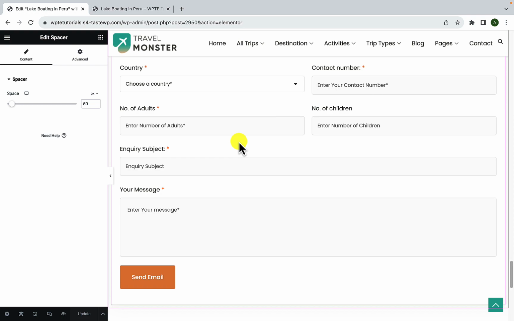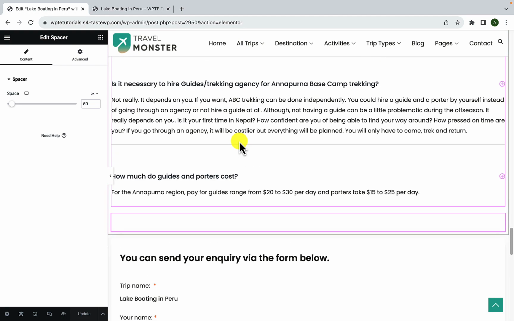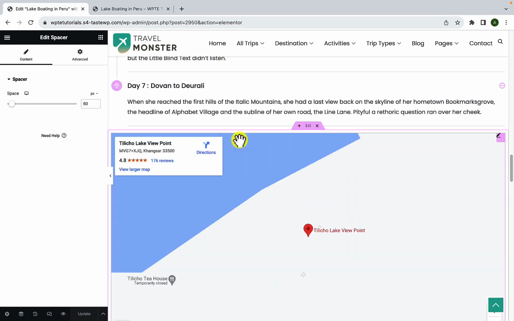Let's go back. So this is how you can easily drag and drop the widgets and you can customize your